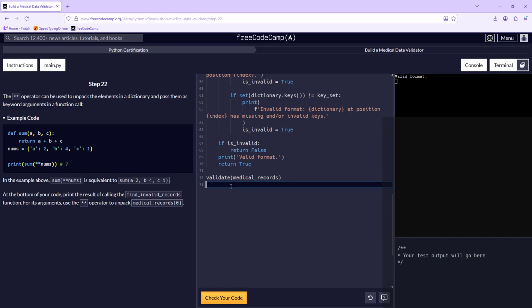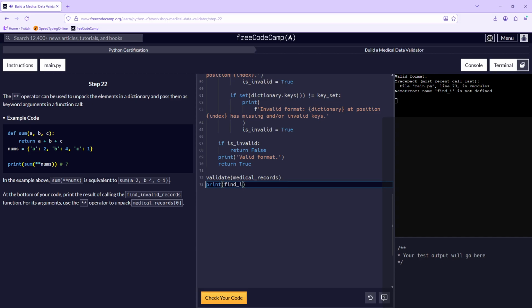At the bottom of your code, print the result of calling the find invalid records function. Print the result. Oops. Print. For its arguments, use the double star operator to unpack medical records. What was the name of it again? Oh, wait, it's right there.